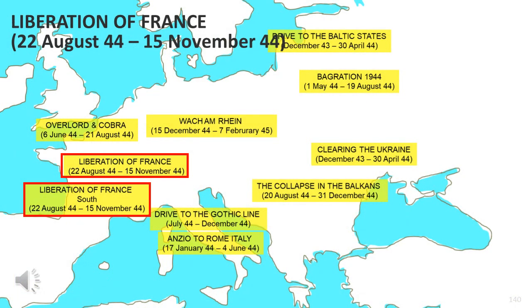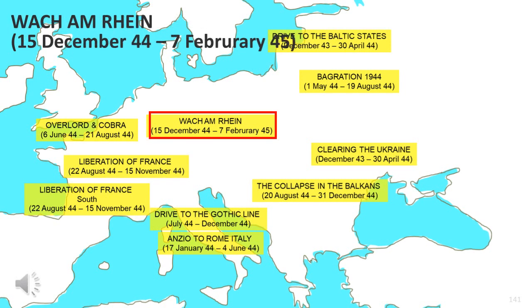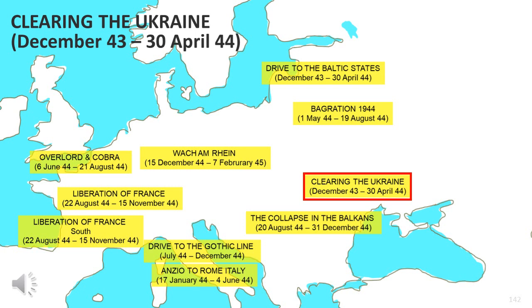While the Germans managed to keep the Allies at bay for a while, the Allies finally broke through and the Germans suffered significant equipment losses in the West as the Allies liberated France. After fully, or pretty much fully, withdrawing from France, the Germans launched their final offensive in the West, which did make some initial headway, but once the weather cleared and the Allied air power came into the picture, it was doomed. Over in the east, the Russians had managed to retake almost the entire Ukraine,